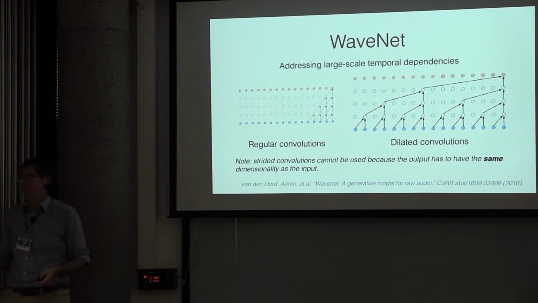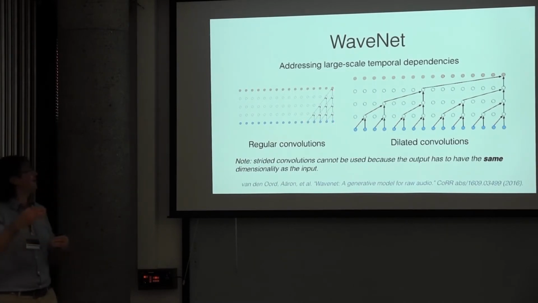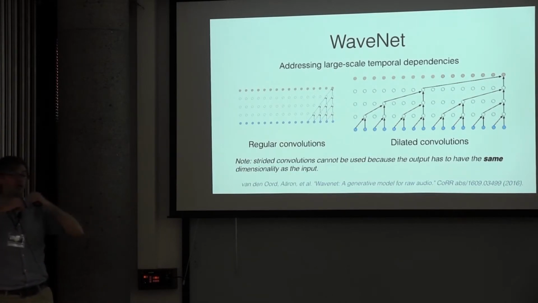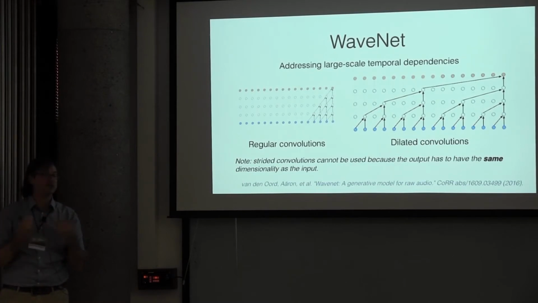It's 5 pixels. But of course, it's growing linearly, which isn't very good. If we want to get to very, very large timescales, we'll need a very, very deep model,